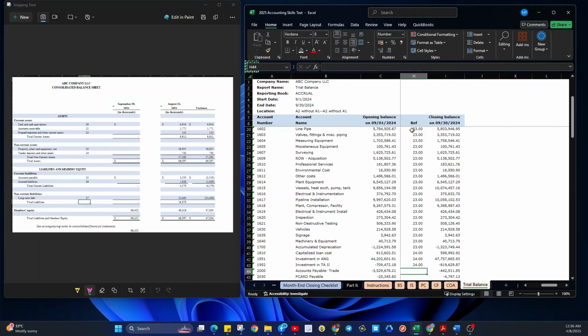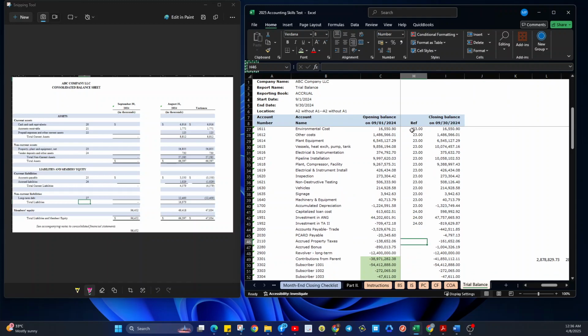Accounts payable, we have 25. Accrued is 26. Long term, we have 27. There. So, similar with what we did earlier.